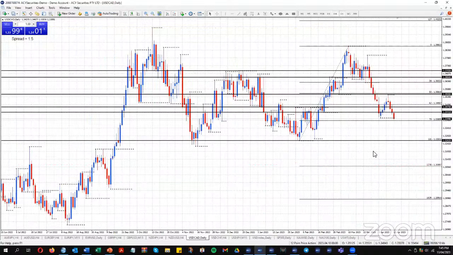So really, what I'd like to see today is maybe, like you were saying there, Slime, if we get a positive PPI figure tonight, then we may finish with a very positive candle moving up from that 79% fib area. Now, over the next week, if we can't hold here, then of course we could be moving down to this area, and then what happens down there? That's the next reference point if this area doesn't hold for the overall weekly uptrend. It's still in play until that trend changes.